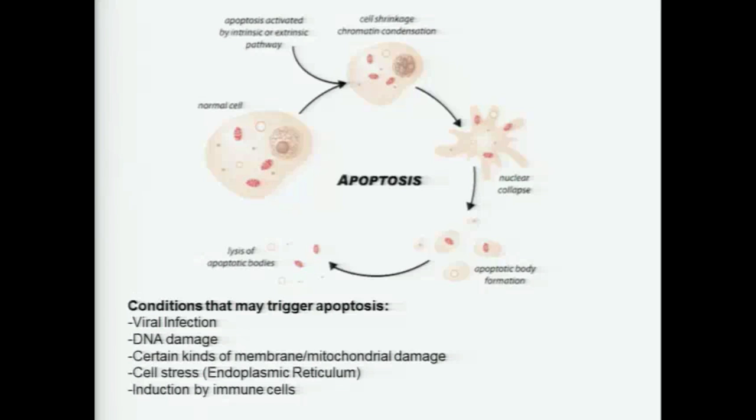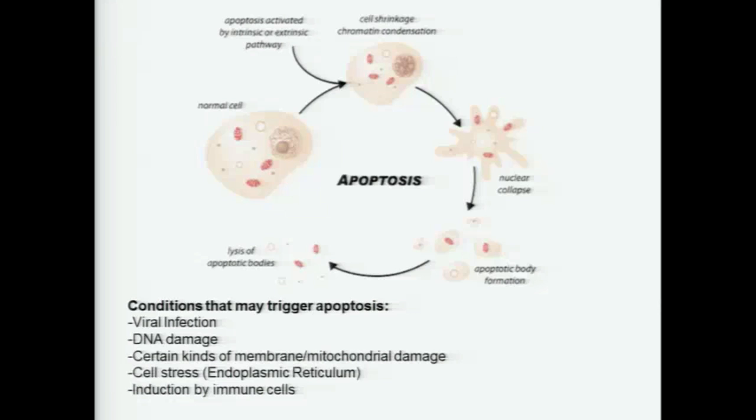So what happens when this program is initiated? Initiation of this program means that the cell is instructed to transcribe and produce a set of proteins called endogenous endonucleases. Endogenous obviously means coming from the inside. And endonucleases are proteins that go in and start cleaving portions of the chromatin. They start breaking up segments of the genome, segments of DNA. And once they start breaking up these segments of DNA, it triggers this progression of apoptosis where the cell